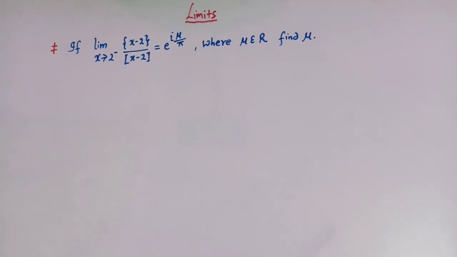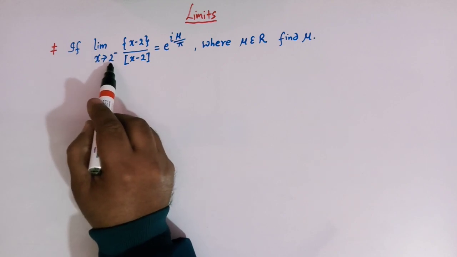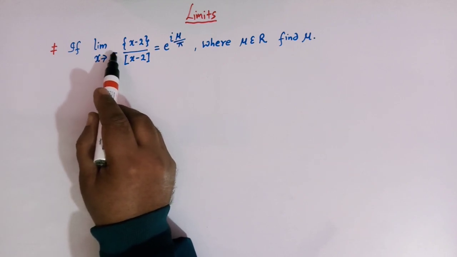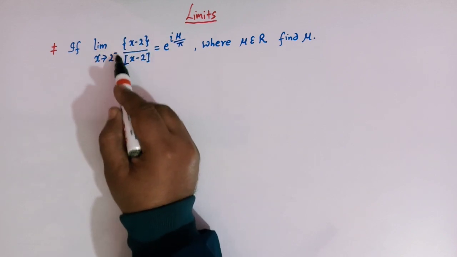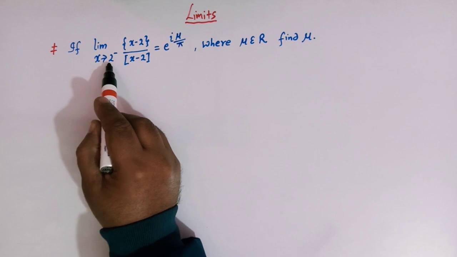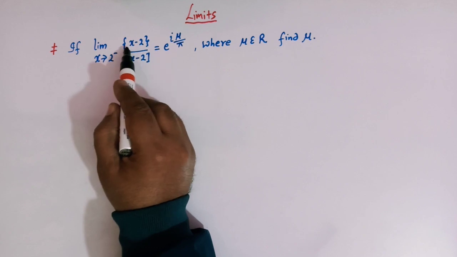Hello viewers, in today's class we are going to discuss one important conceptual problem from limits involving the fractional part function and greatest integer function, right? So here we'll solve this problem, that is, if limit x tends to 2 minus, right? So here the negative sign shows that we have to find the left hand limit of this function when x approaches 2, right? So limit x tends to 2 minus, and here we have fractional part of x minus